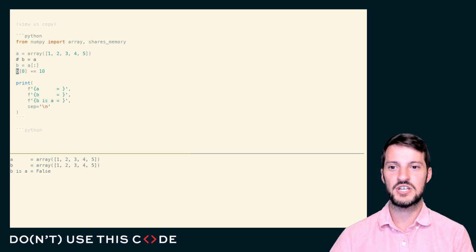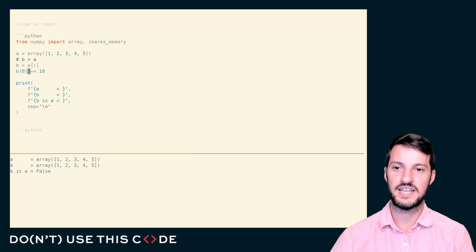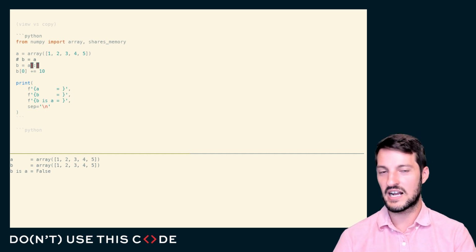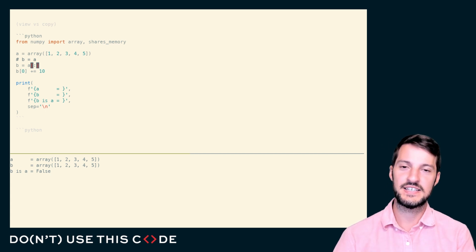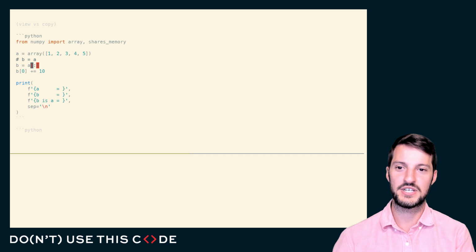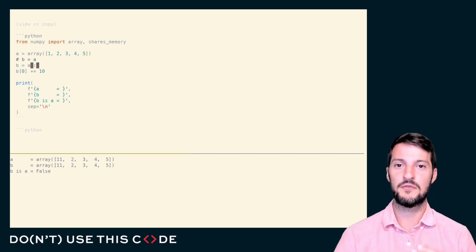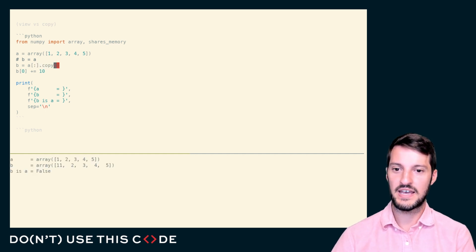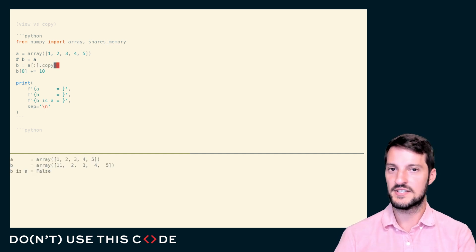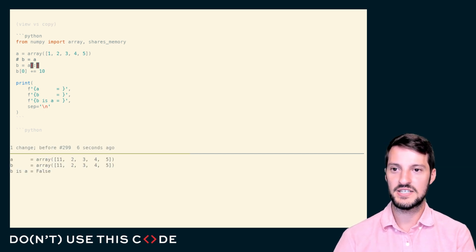Well, the easiest way to check that is to update something in B and see if it's reflected in A. And that will tell us, did I make a copy of it? Or is B also pointing to the same NumPy ndarray as A is, despite being different Python objects? In fact, it is. And so this is the idea of a view versus a copy. If I create a copy of A, we see that my mutation to B does not affect A. If I do not make a copy, we see that if I update B in place, I also update A